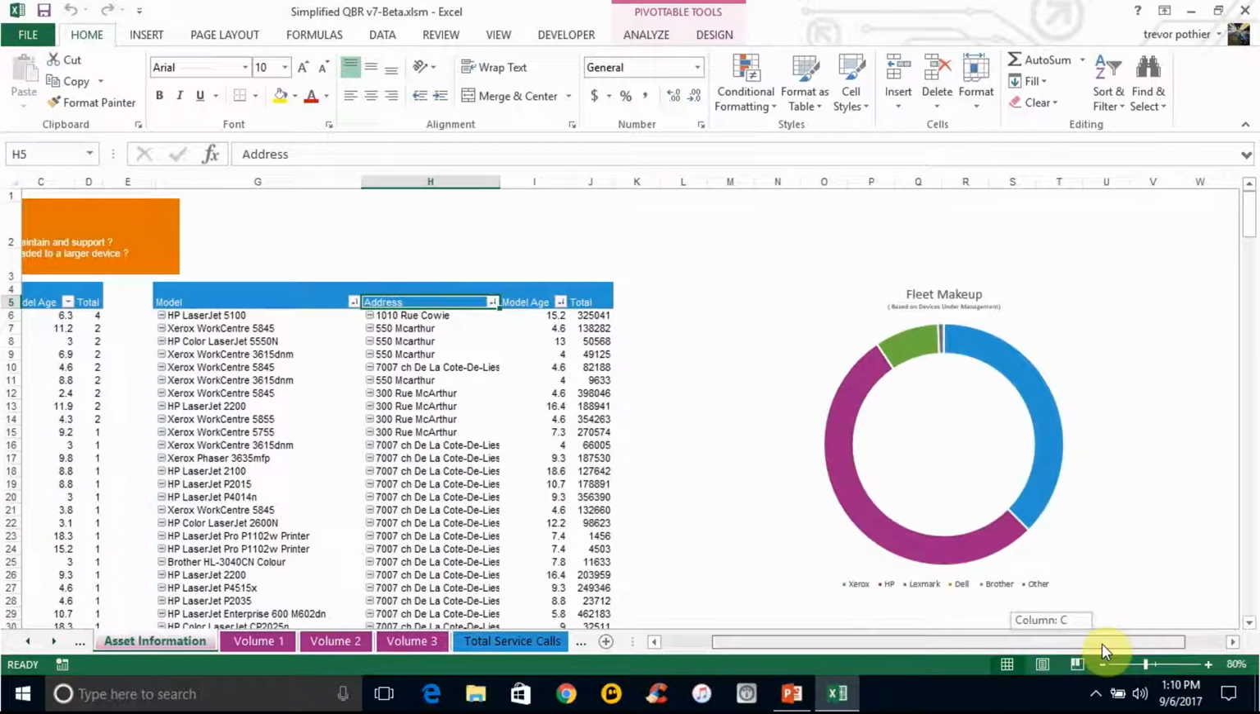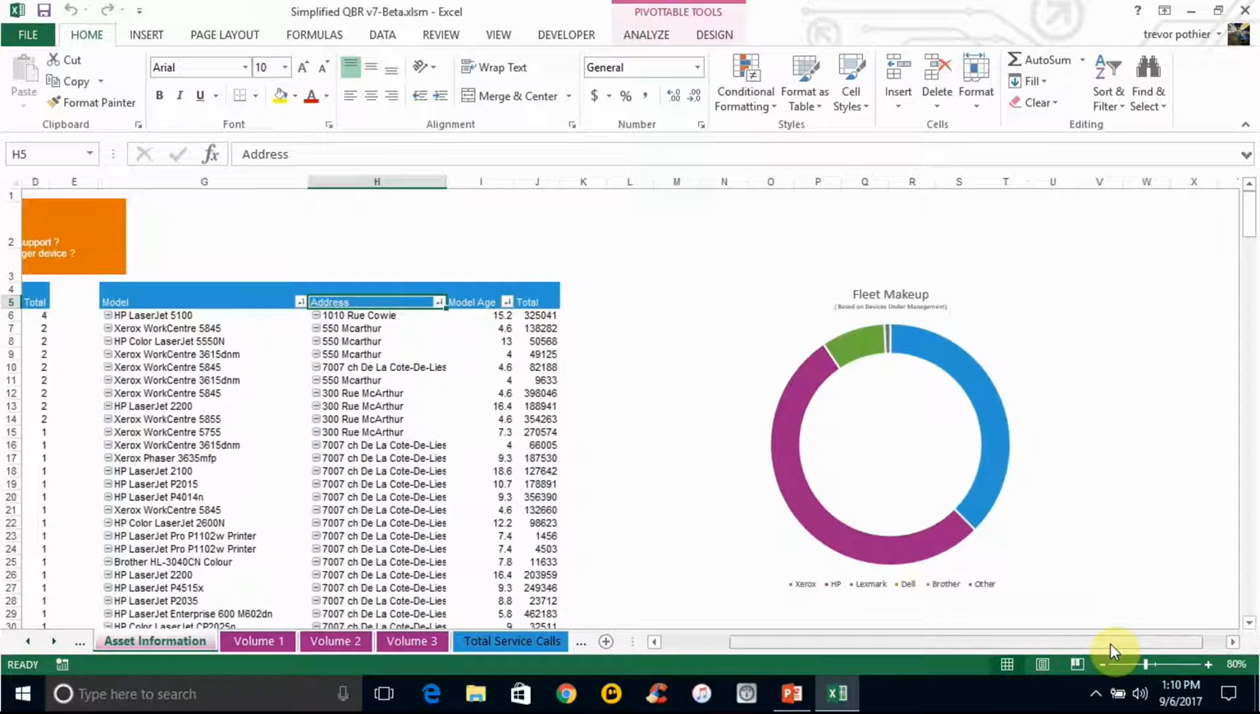If you come all the way over to the right, there's a chart, and again, a lot of these charts are designed to be cut and paste into the PowerPoint document that says by manufacturer, what does the customer's fleet look like? So if you take a look at this one, they've got a large number of HPs in the purple, they have a large number of Xeroxes in the blue, and they have a couple of Brothers and then at least one other device that fits outside of those models, because our offering predominantly is Xerox, HP, Lexmark, Dell,